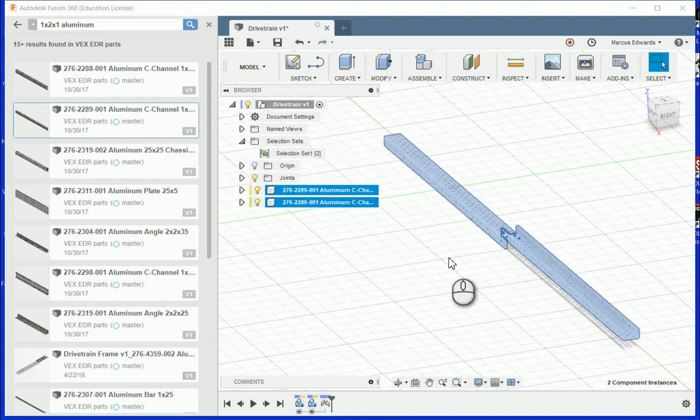So thank you again, and that's using the joint function within the drivetrain for the Edge drivetrain, and you're going to be doing assemblies. So have fun and make sure you pay attention to